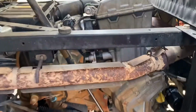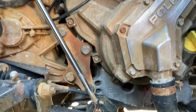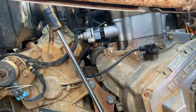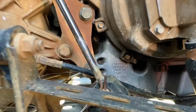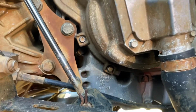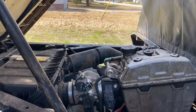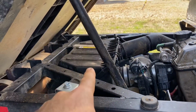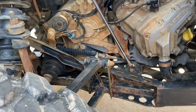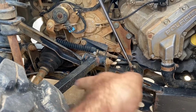Now, as far as the motor goes, as I'm sure most of you know, this is a brand new motor, rebuilt by myself. Whole thing. We've got the upgraded timing chain, tensioner assembly. You can see there, this is all dirty because that's just covers, but there's the new engine cases. Whole new lower end, new top end, everything. Also have a K&N air filter installed. And of course, we still got some painting and stuff to do back here. This is all got to get cleaned up, blue arms, but...